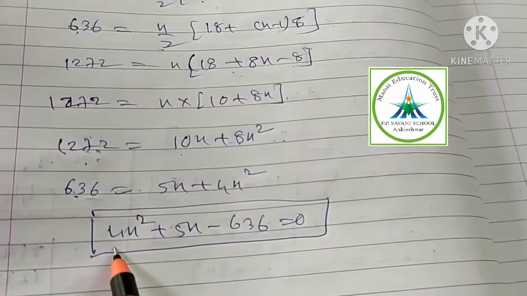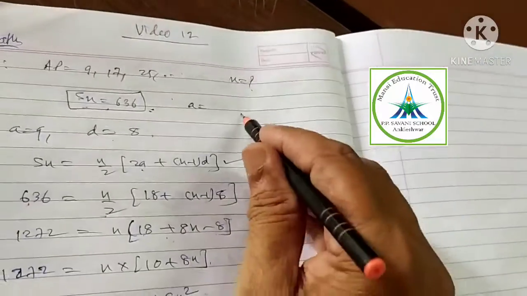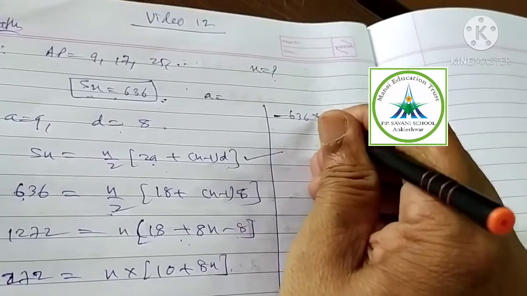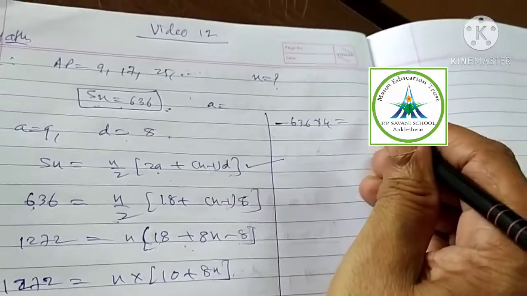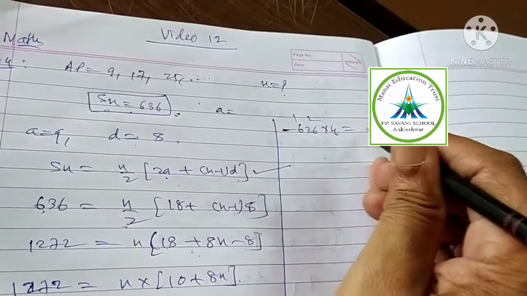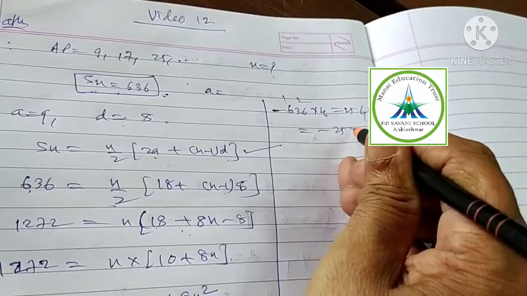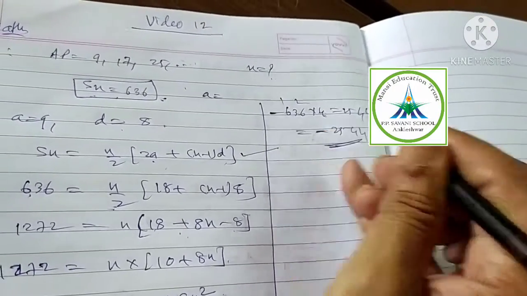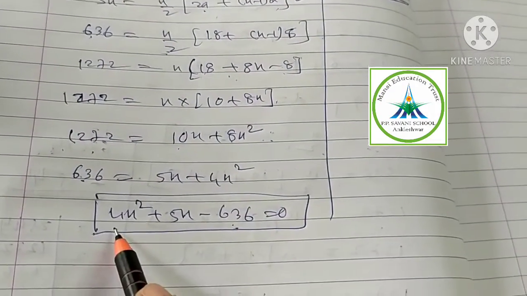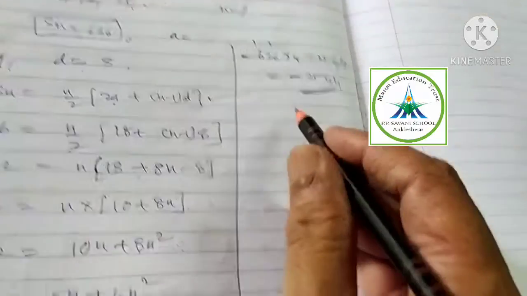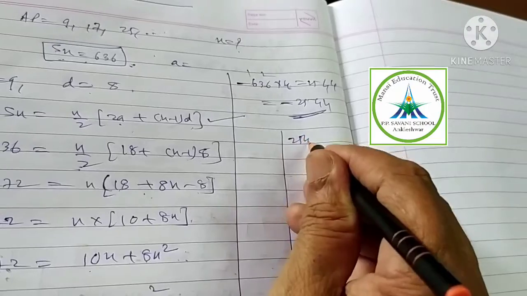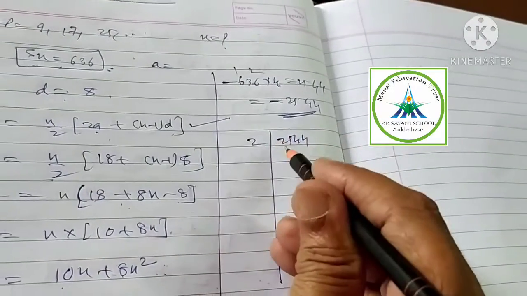Yes or no? See, 4 and minus 636. Please remember the way we know. We are multiplying 636 by 4. We got 2544, so equal to minus 2544. This is known to us. When we find the middle term splitting, we are multiplying the constant and the coefficient of x square. That is what we did. After that, it is a very big number, find prime factors. Very easy. See, even number, cancel, divide by 2.